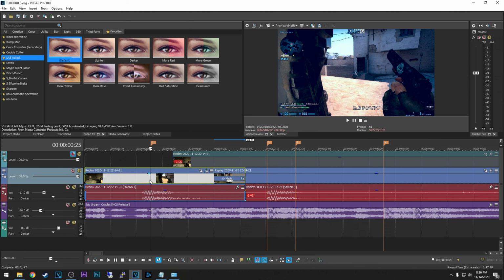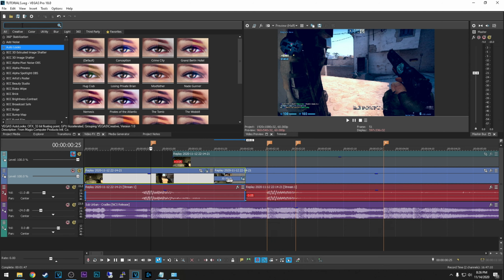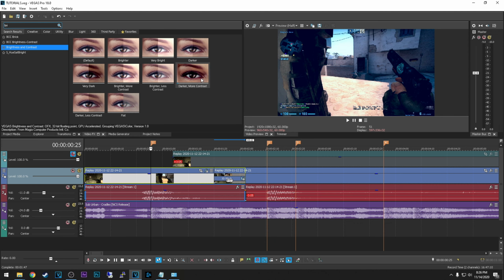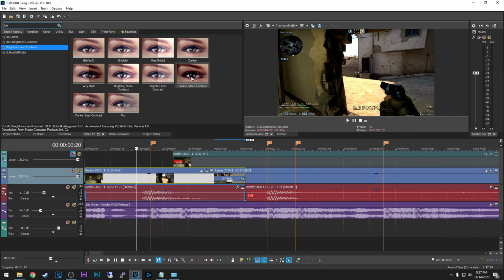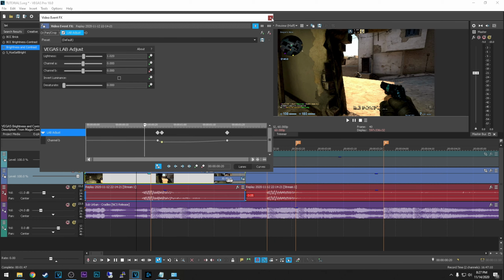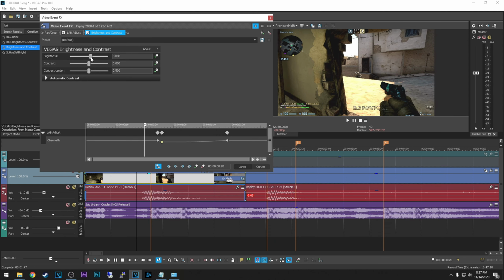Okay, now for effects, let's say I want to add something basic like brightness and contrast. I'm going to have to search for it. Let's say I want to add a bit more contrast and select this plugin right here. No way, that's not looking good. Okay, wait, I'm going to add a default value and I'll change it. So I want a bit more brightness and some contrast, just like that. It's not the best looking contrast, but you get the idea of what I want to do.